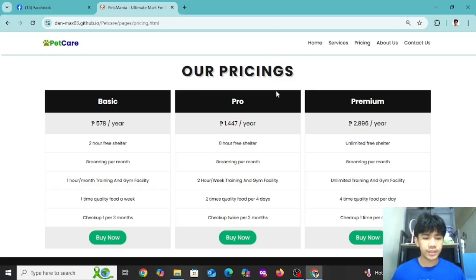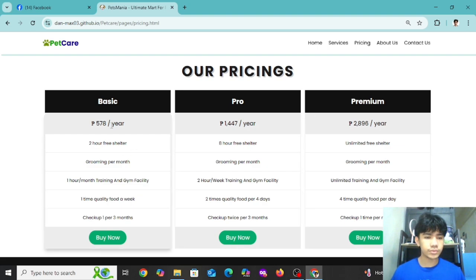At the top of the page, the heading Our Pricing is displayed in bold, emphasizing transparency and helping customers easily compare each package. The pricing plans are organized in a three-column layout: Basic, Pro, and Premium, with clear pricing details, inclusions, and a Buy Now button for quick access.